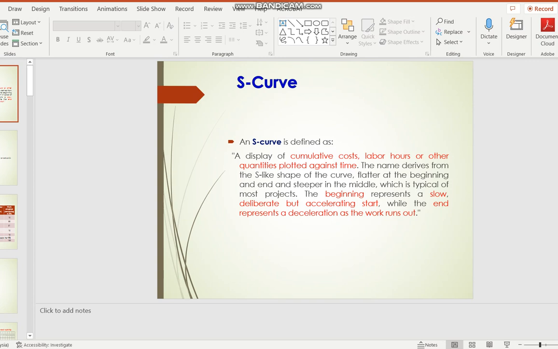Okay, we have finished the concept of estimates. So we have gone through many different types of estimates and how they are being used for different stages of the project, different stages of the life cycle of the project. So once you've prepared your estimates and then you went for a tender or a proposal or